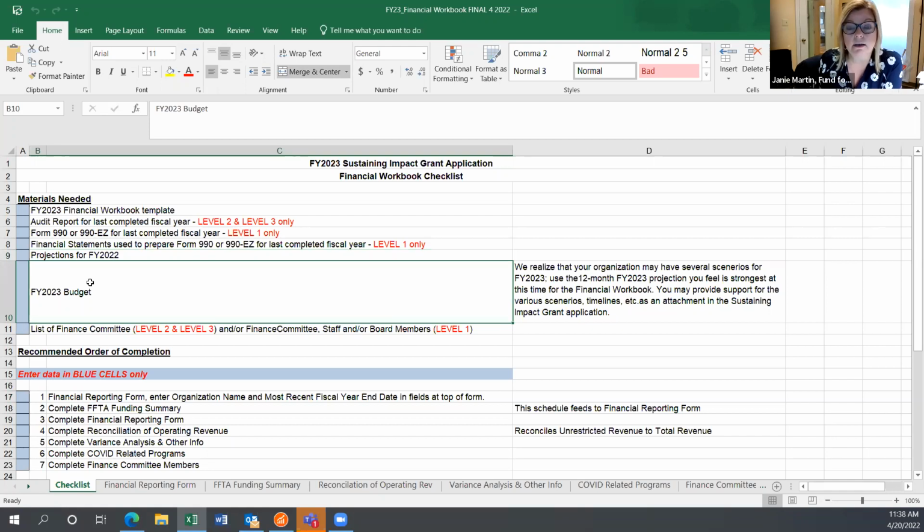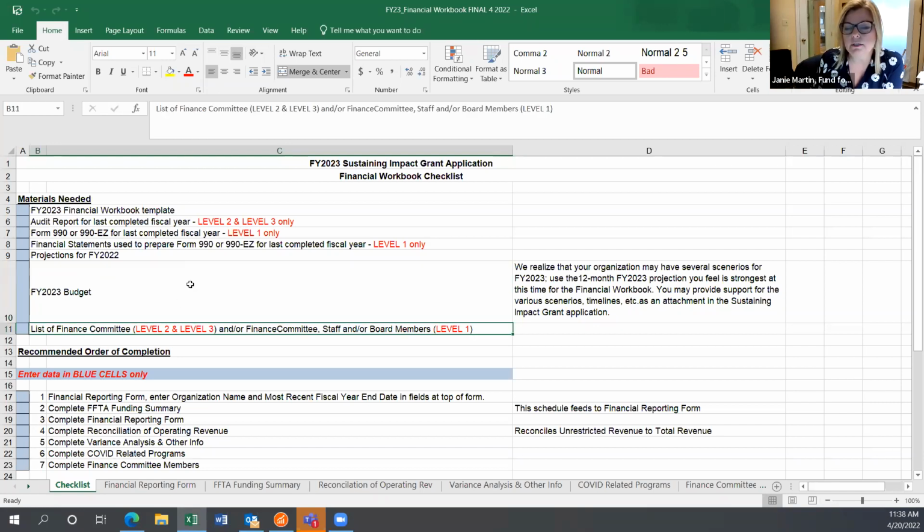And this is the opportunity in the grant, the question that I was saying: here's your opportunity to put your numbers, and then the explanation helps walk through and explain to the committee what those plans are, adding some verbiage to the numbers. You may have more than one scenario. If you'd like to present that, the committees would be happy to look at that. And then of course, a list of your finance committee. Those are the materials that you'll need to finish this